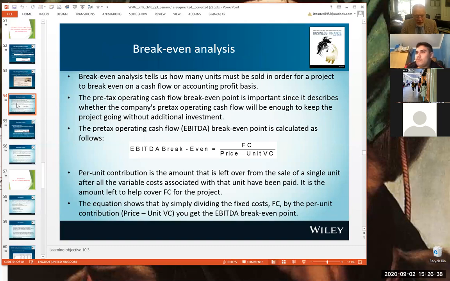Another practical tool in looking at how to manage your fixed costs versus variable costs is break-even analysis. Break-even analysis is working out the point where your scale of operations causes you to just cover your costs, and therefore you're at a sort of a zero spot. If you have high fixed costs, your break-even point is going to be high because you're going to have to be working harder in order to make that income.